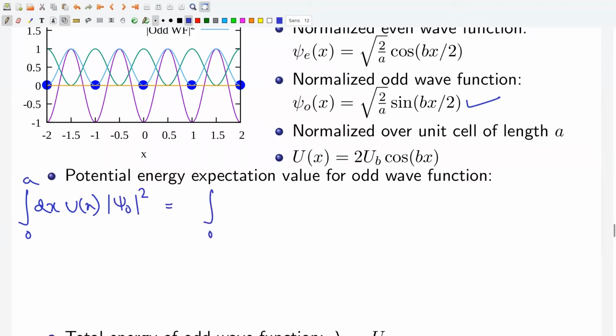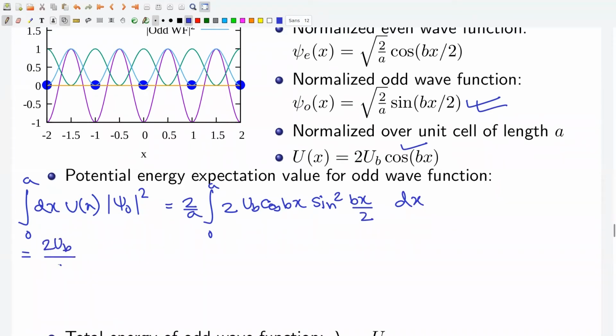This is equal to integral 0 to a, we put the value of the potential 2 ub cos of dx, and then we put the wave function 2 by a sine square dx by 2 dx, which is equal to 2 ub by a integral 0 to a